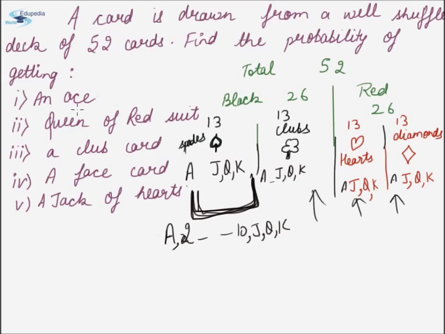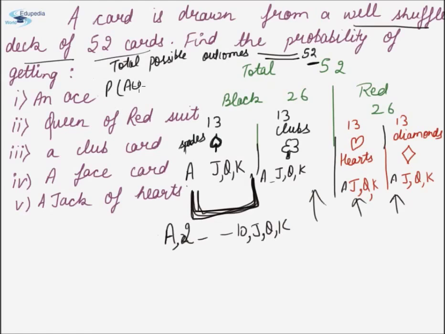Now, if a card is drawn from a well shuffled deck of 52 cards, well shuffling means that all the outcomes are equally likely. So the total possible outcomes are 52. Now the probability that the card drawn is Ace will be